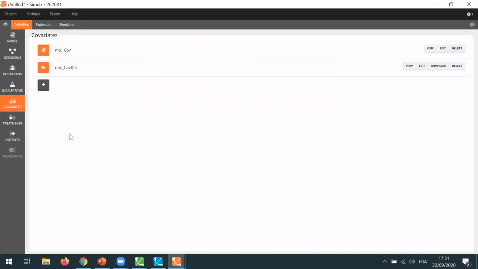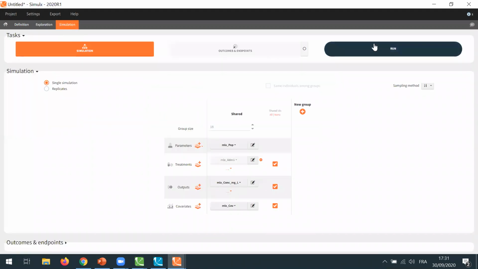So I won't show all the elements in detail, but you can see that when I come from Monolix, I already have all the elements I need to simulate the model. And when I go to simulation, this part here is where I can run the simulation and do some post-processing of the simulation. And this part here is the list of elements that will be used for the simulation.